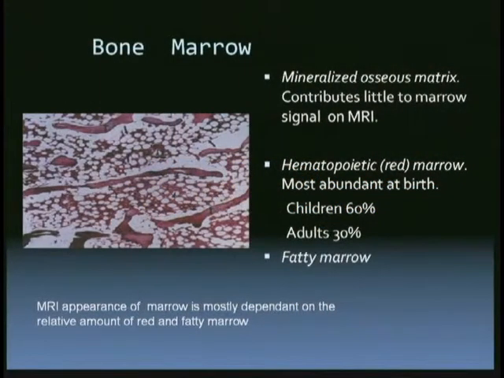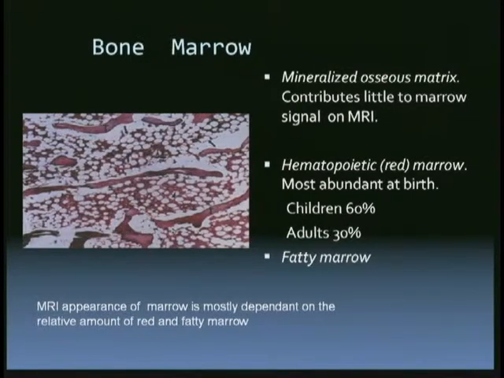I will discuss in the next 45 minutes the appearance of normal bone marrow and bone marrow disorders. So the principal constituents of bone marrow are the mineralized osseous matrix, the hematopoietic red marrow, and the fatty marrow. The mineralized osseous matrix does not contribute significantly to the signal intensity of the marrow. So even in patients who are osteopenic, we should not see an alteration in the signal intensity of the bone